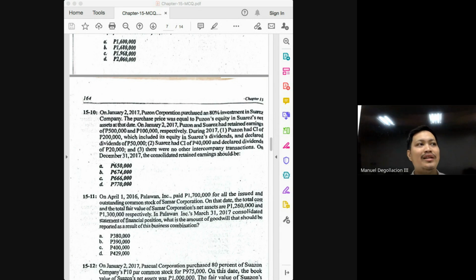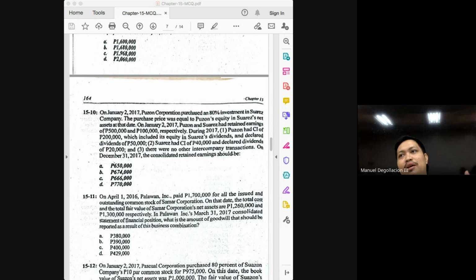But why will students still get it wrong? Because sometimes the problem will give you the total income of the parent, and students would think that the income reported by the parent is the same as the income of the parent from its own operations. That's incorrect. Okay? The total comprehensive income of the parent could also be introduced as the income reported by the parent. But is that what we need? No, what we need is the income of the parent from its own operations. If the income of the parent from its own operations is already given, then well and good. But what will normally happen in the problem?